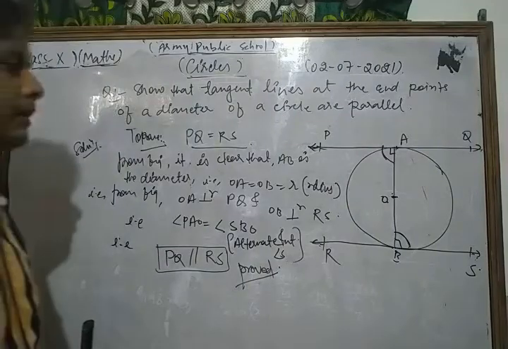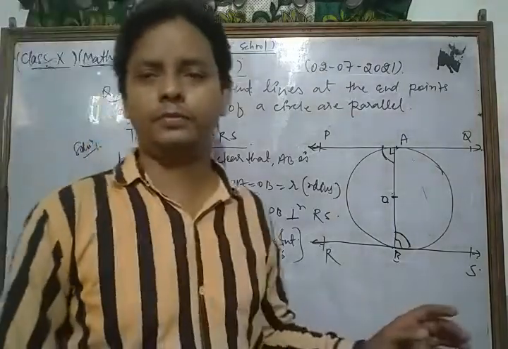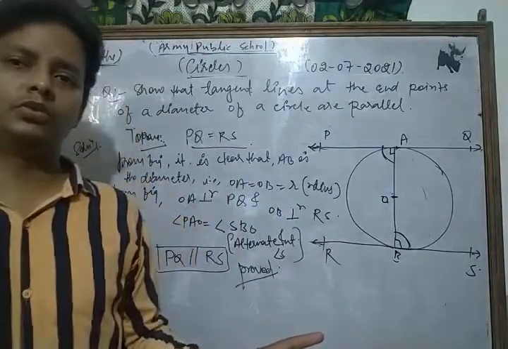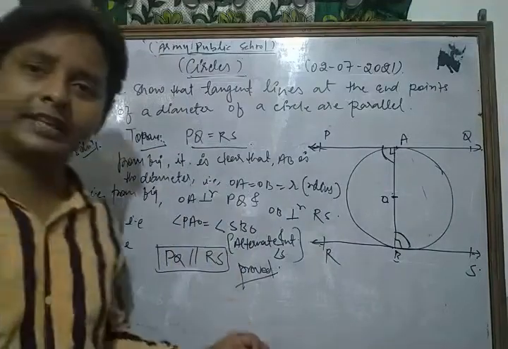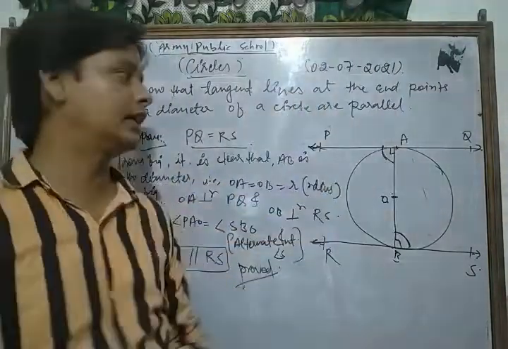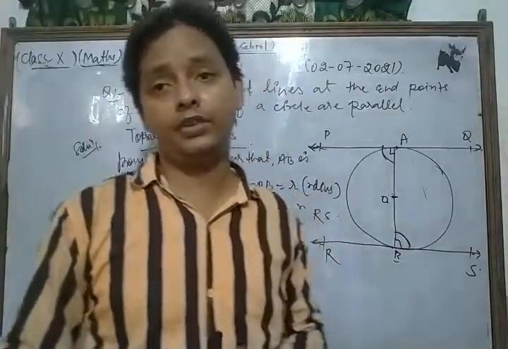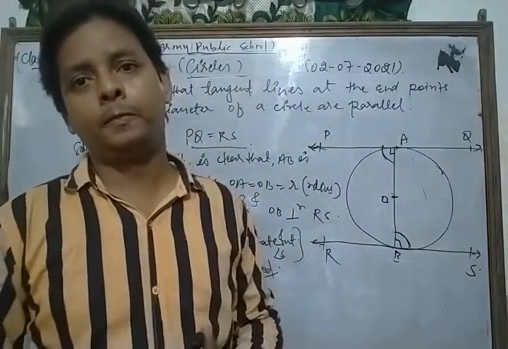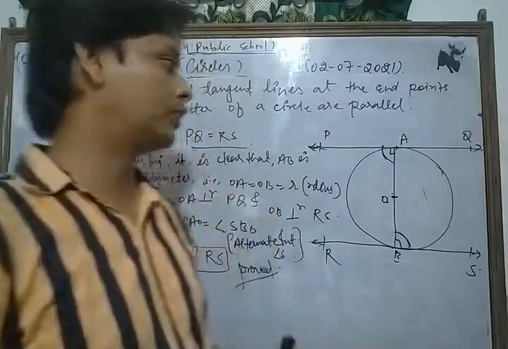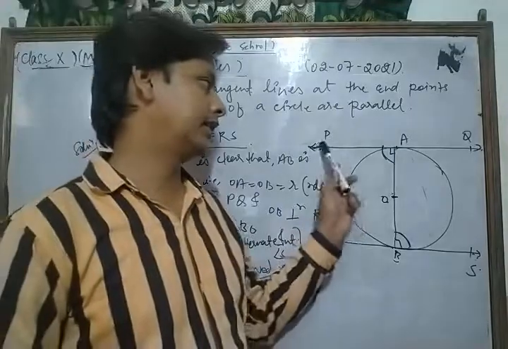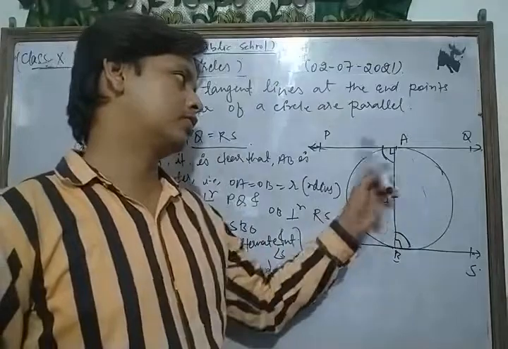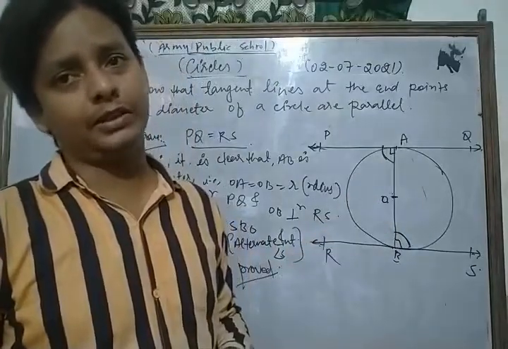So dear friends, this is the process to solve this type of question. Please do more and more practice of each and every question which we discussed in this class and also in previous classes. After that, you can solve each and every question of your NCERT exercise based on these topics. Let's see once more. We draw AB as a diameter, and two tangents pass through the points of contact A and B, the ends of the diameter.